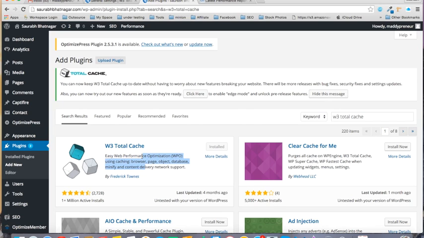So what are caches actually? There are a few types of caches, for example the browser cache, the page cache and the object cache. The object cache is something like, in your website if there are videos or images, that is called an object. And what a cache does is, whenever you visit a website, by the help of object cache it stores some of the information like the audio or the image.